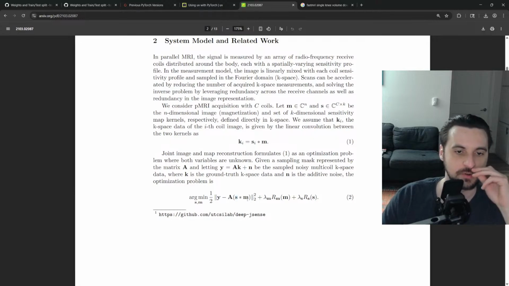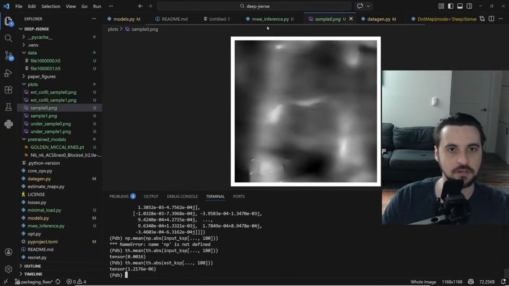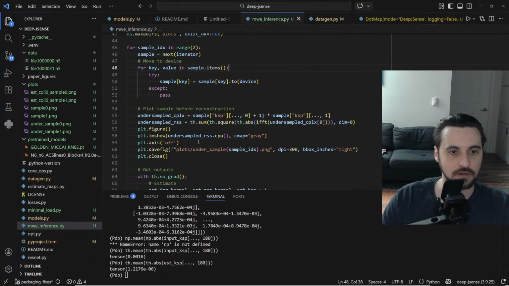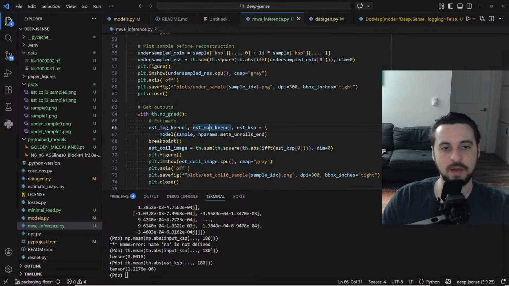And then in this paper, we say we're just going to estimate both of them at the same time. We don't really do anything with the maps, but they're here. Where is it? Estimated map kernel, if you would ever want to plot these. But then what we care about is